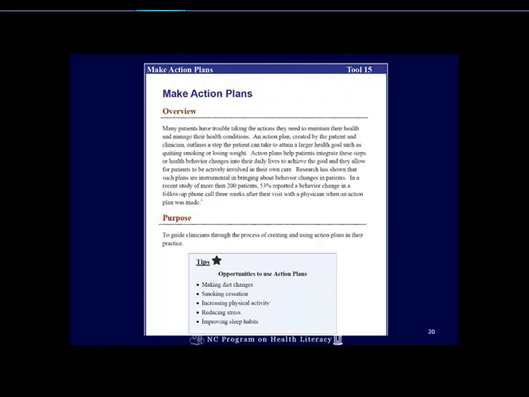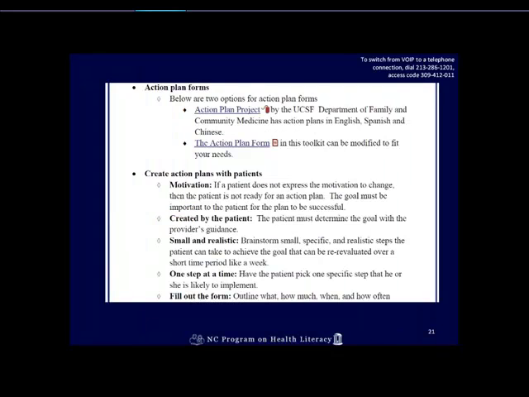And so we added this strategy in this tool, Make Action Plans, and we found that it was popular with practices as a way to take the next step past just ensuring knowledge, but helping the patient take the right actions. And as part of this, we link practices to information about how to set action plans, videos on how to set action plans, and even a form that can be used in the practice. And this was one of the tools that you decided to work on, Laura. Why don't you tell us about your experience on this one?